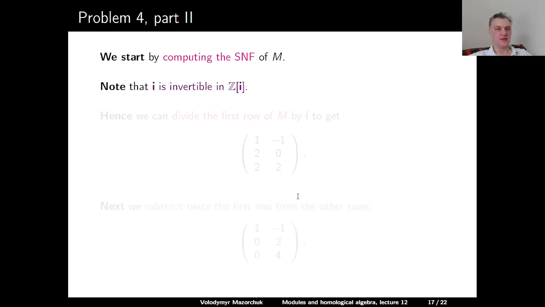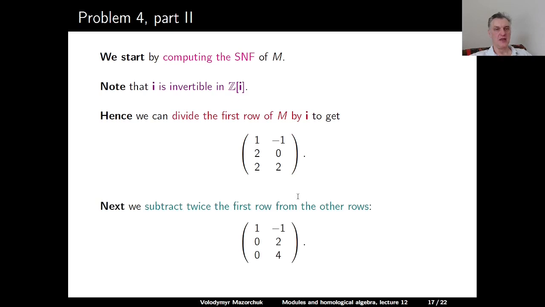Let us note that the element i is invertible in the Gaussian integers, so we can divide the first row of the matrix M by i to get the matrix 1, -1, 0, 2. So now we can use this 1 to eliminate everything else in the first column. So we subtract twice the first row from rows 2 and 3, and we get the matrix 1, -1,